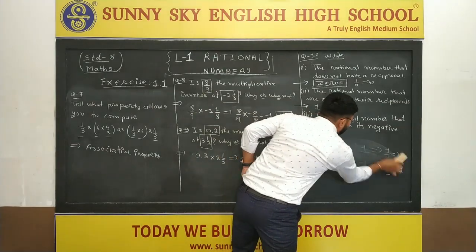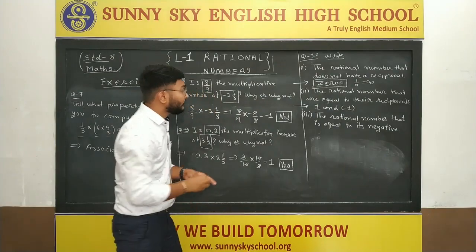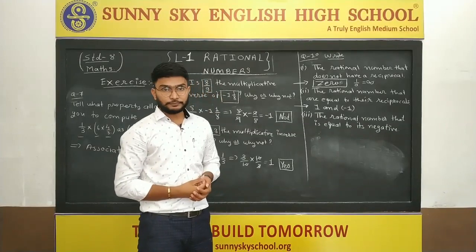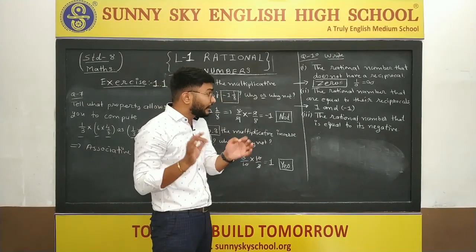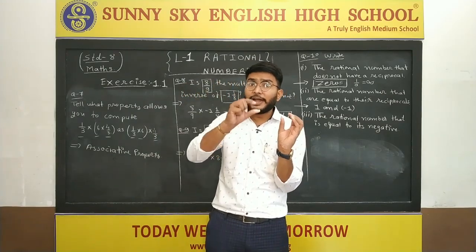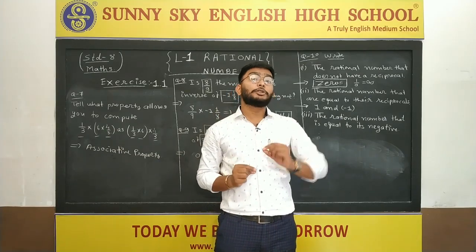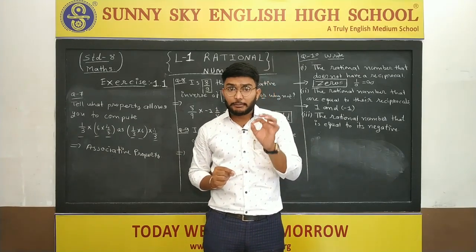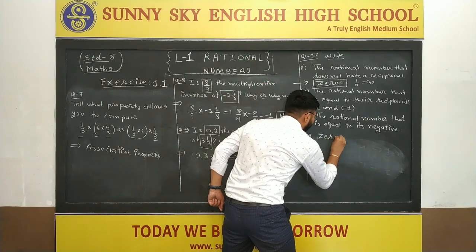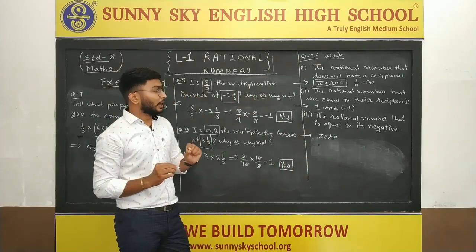And the last, question number 3, the rational number that is equal to its negative. See, the rational number that is equal to its negative, it means you have to find a rational number such that if you find the negative of this number, then both are equal. Which number? Yes, it is 0. Have you ever seen that minus 0 is possible? No. Therefore, here also the answer is 0. The negative value of 0 and the positive value of 0 are both the same only.